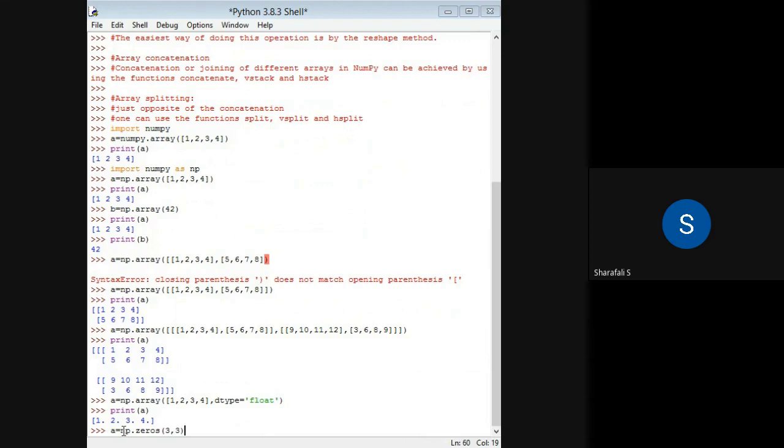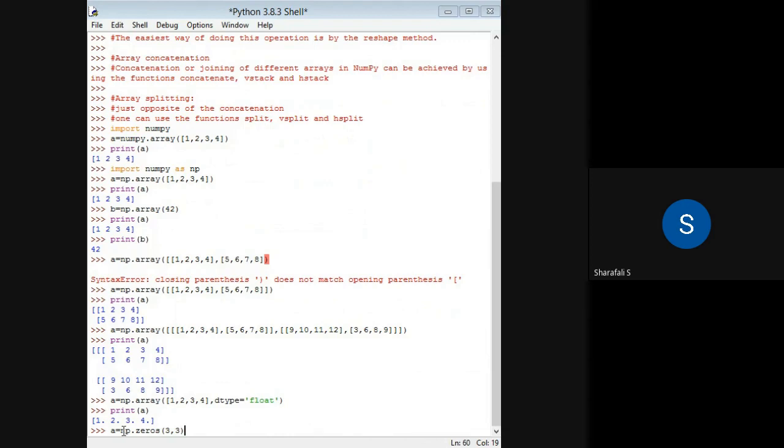That is nothing but the axis. You can see the values that you write, like rows and columns. When you consider the matrix, you will be representing it like an m by n matrix. So this is just like that. We can consider that as 3 comma 3, so we'll be having 3 rows and 3 columns.